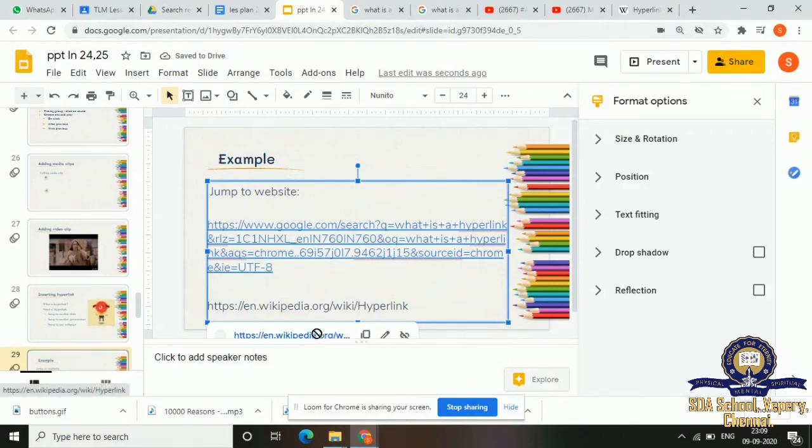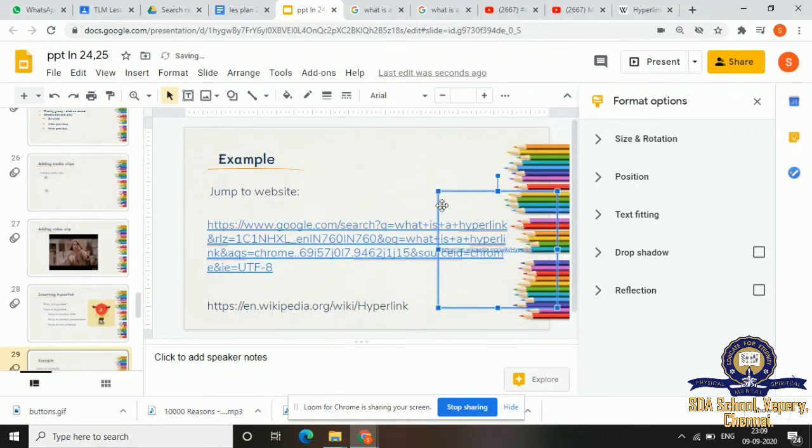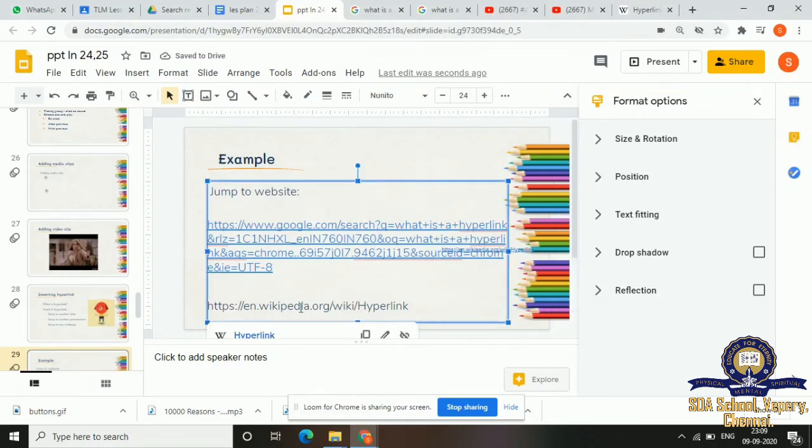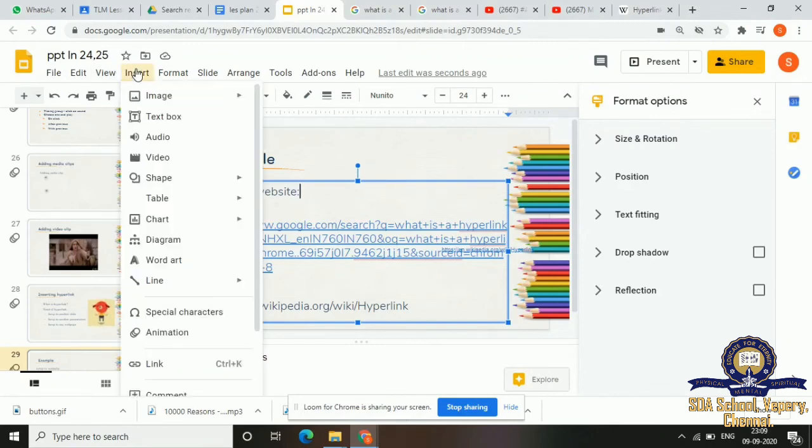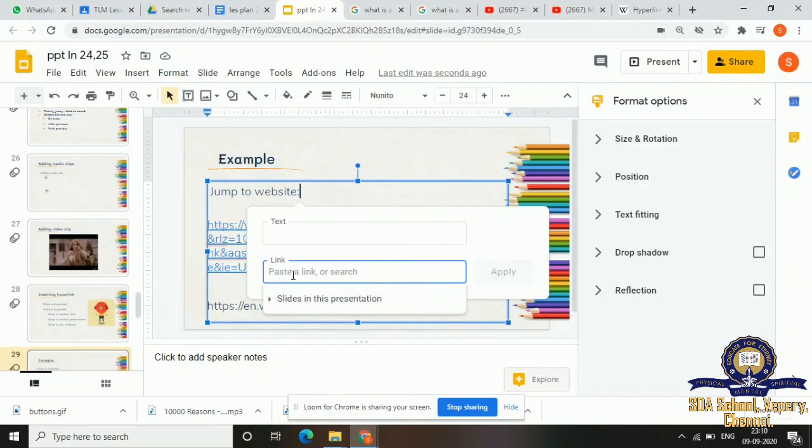You've got the link here. Can you see the link here? I'll show you again. Insert, link, paste the link here, Control V, apply.